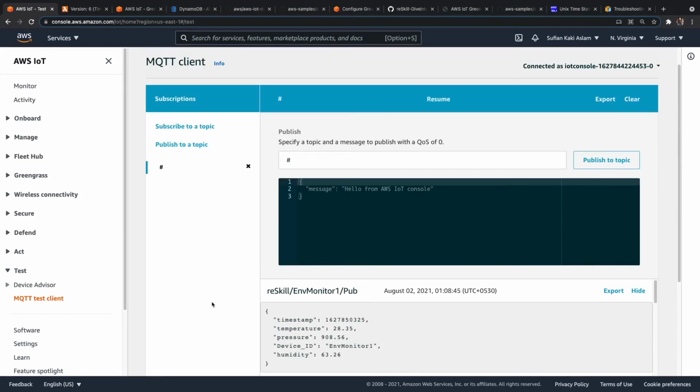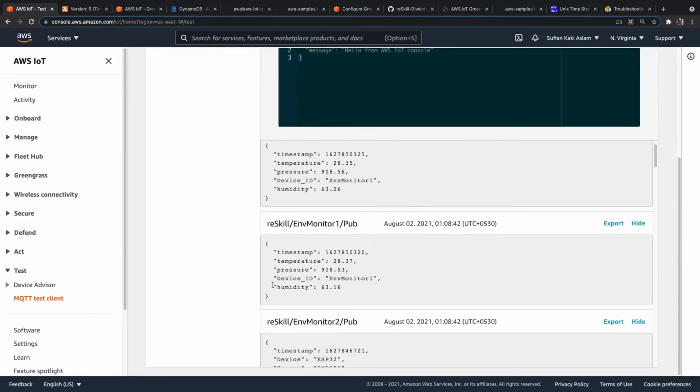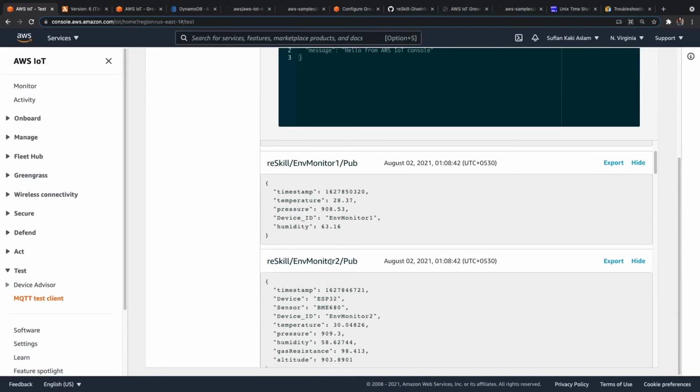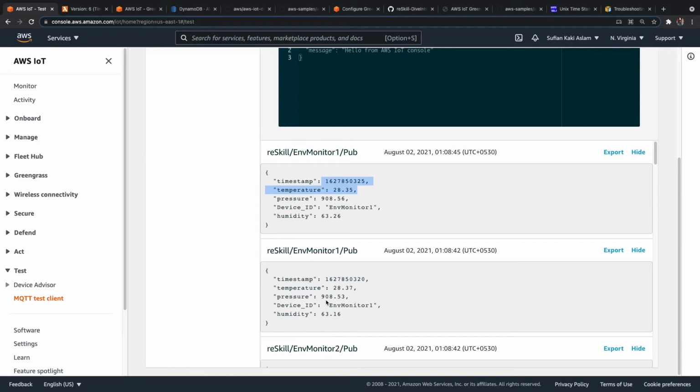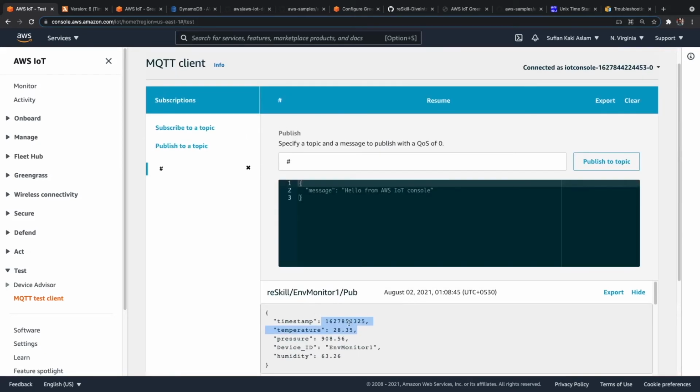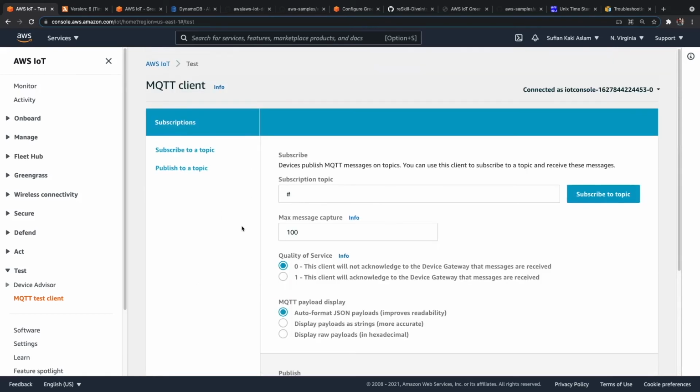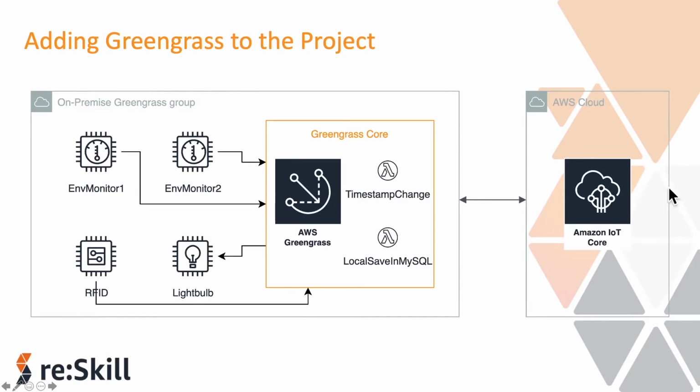Let me pause this and then you will be able to see that the timestamp has added. Just like how ENV monitor 2, it has 1627846. It also has similar value, which means that it is counting its time from 1970, not 2000 anymore.